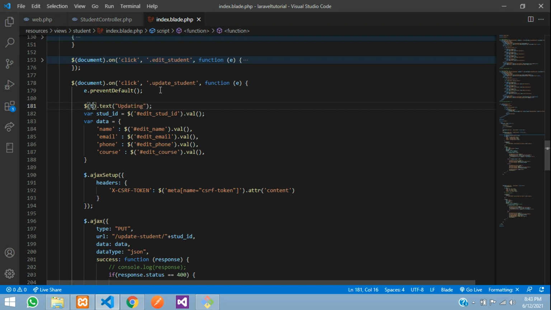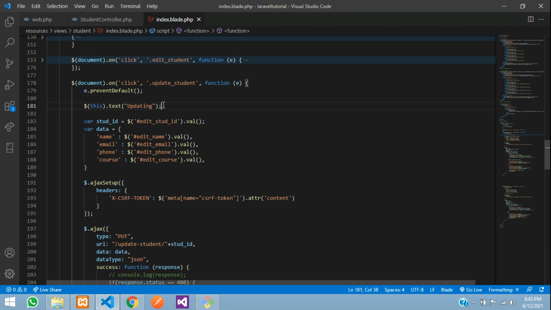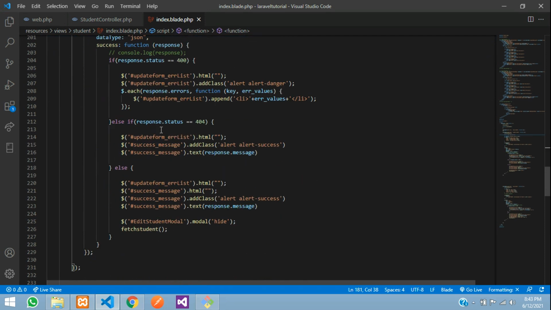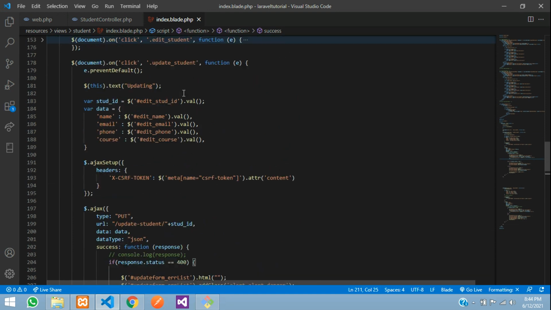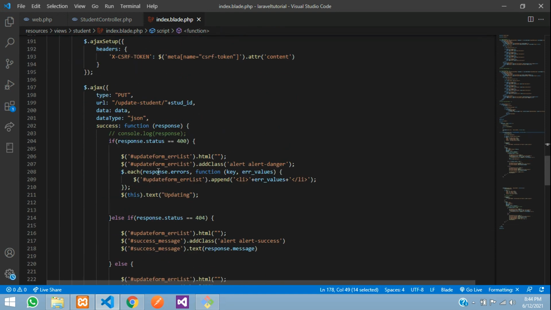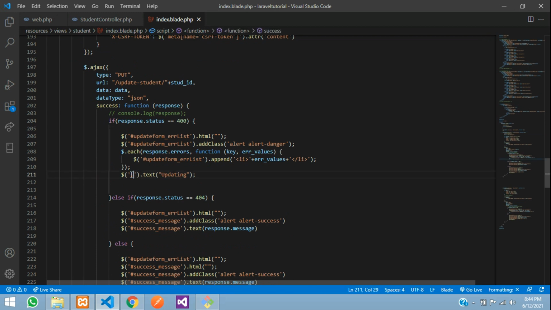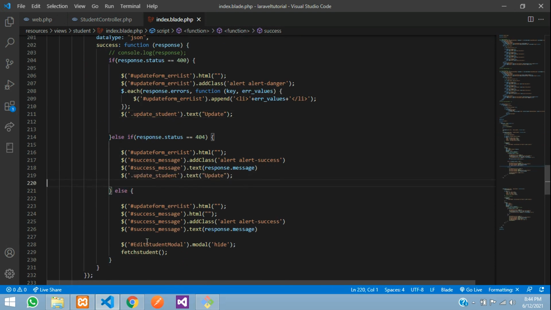Okay, so copy the same thing and after each condition just add this update student button name as update, paste and paste, set.